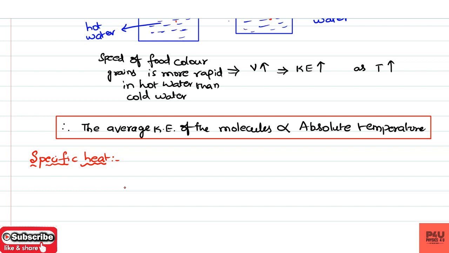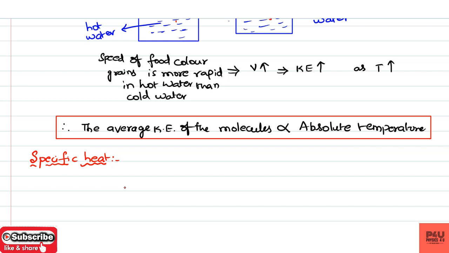Suppose you are giving heat energy to a material like iron, to water, to ice. Will they behave the same? They will not behave the same. What happens if iron is heated? It will take more heat within a short time. When you heat water, it will take more time to heat. In the same way, ice will melt and take some time to heat up, but compared to water it will be less time.